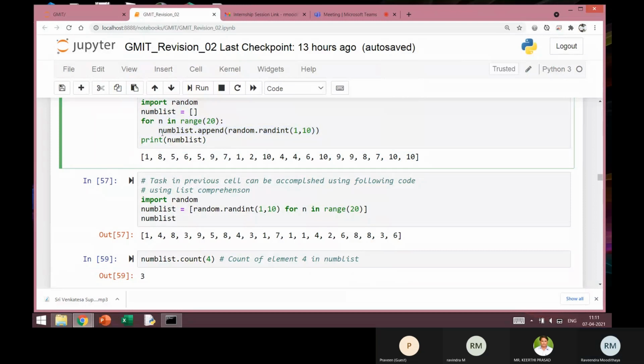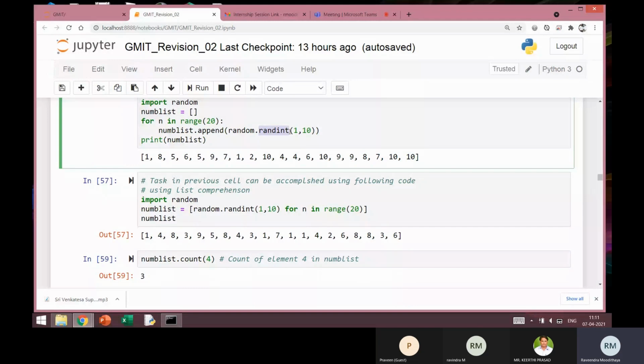Now what we will do is numList.append. I will append one value, and this one value is a random value generated by this function. Remember, I used random.randint. Random is the module that we have imported. We have to type it as it is. randint is a method inside this random module. It's a function belonging to this random module. randint, random integer, is the short form.